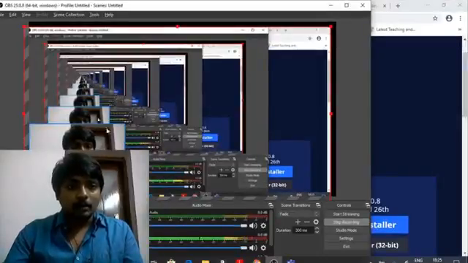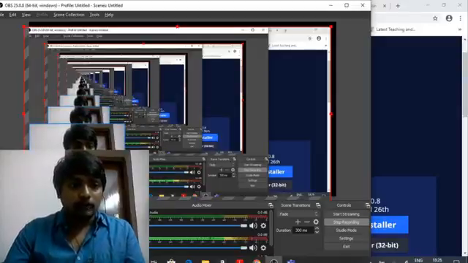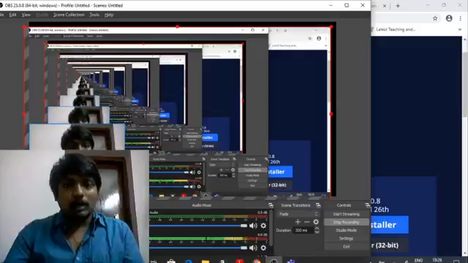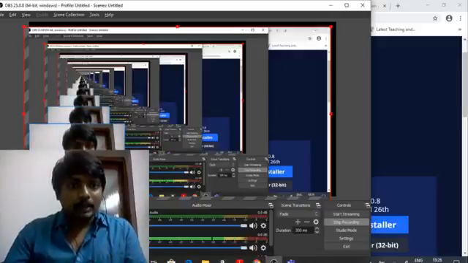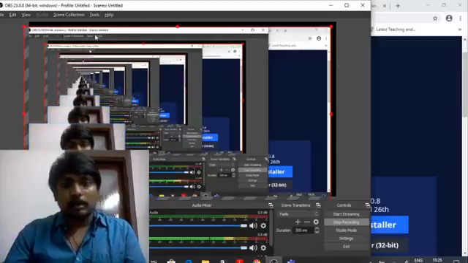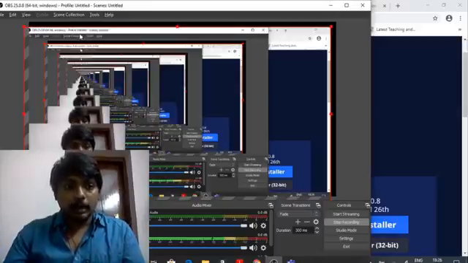This rectangular box displays the display source, and this rectangular window corresponds to the video source. Before starting the recording, I can place this window anywhere within this red color boundary region. It may be in the right top corner or in the left top corner.